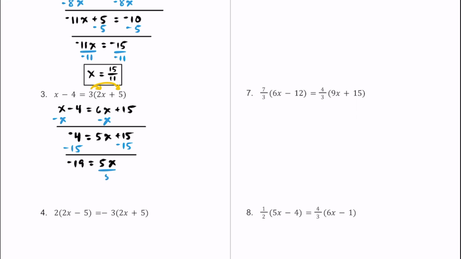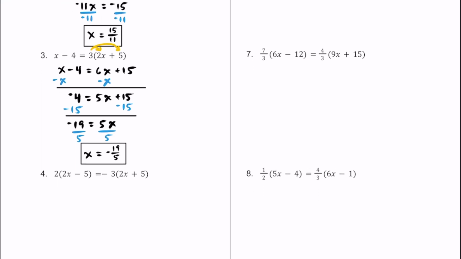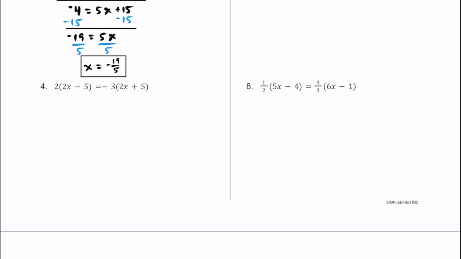Finally, we can divide both sides by 5 here, and if we do that, we're just going to get 1x, or x is going to equal negative 19/5. As a mixed number, you could write negative 3 4/5, but as an improper fraction, we can just write negative 19/5. All right, for number 4,